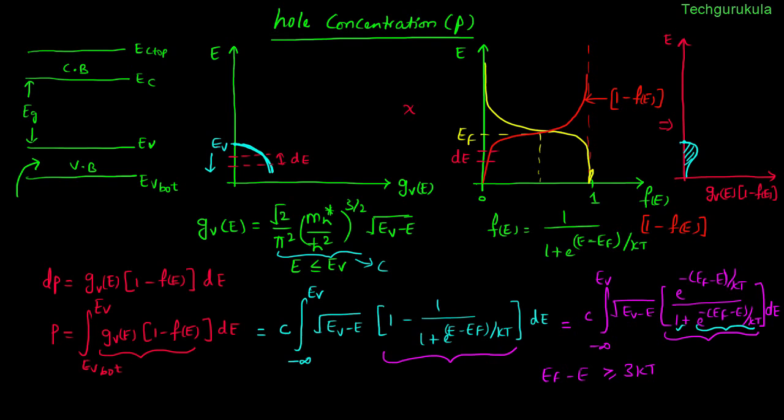The smallest value that we can have for EF minus E is EF minus EV, because in place of E, we can have a maximum value of EV. If we can ensure that this itself is greater than or equal to 3 kT, we can say our assumption holds for the entire range of integration. In that case, let us rewrite this expression,